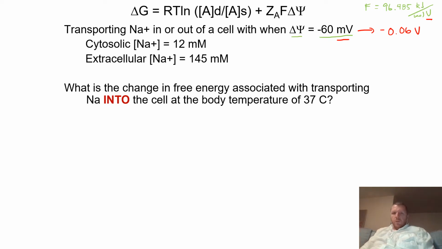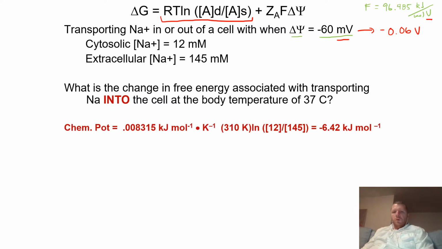Okay, now what I need to do is look at basically the two different parts of this problem. So the first thing that I'm going to tackle is this right here. I've got my numbers all squared away. So my equation, delta G equals RT, well, I have an R value. My R value is going to be 0.008315 kilojoules per mole times Kelvin times,